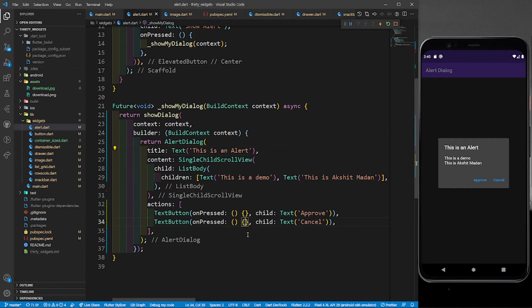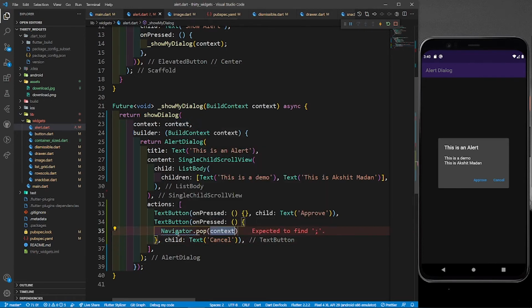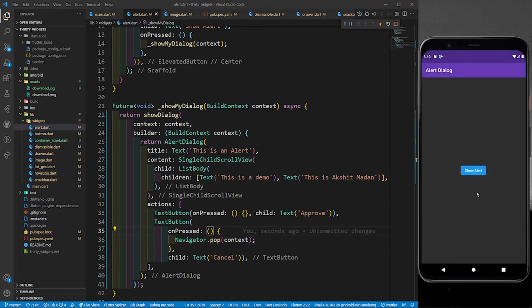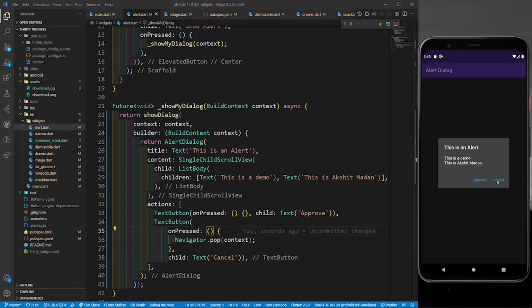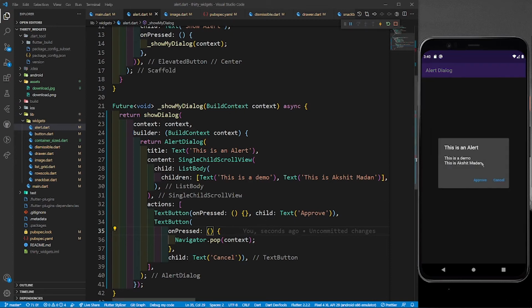So to the onPressed property of this cancel button, you can just write Navigator.pop(context), right? And put a semicolon, save it, and click on this button. And whenever I click on the cancel button, that alert dialog box is gone, right? Simple. So now you know how to add some buttons to this alert dialog box.